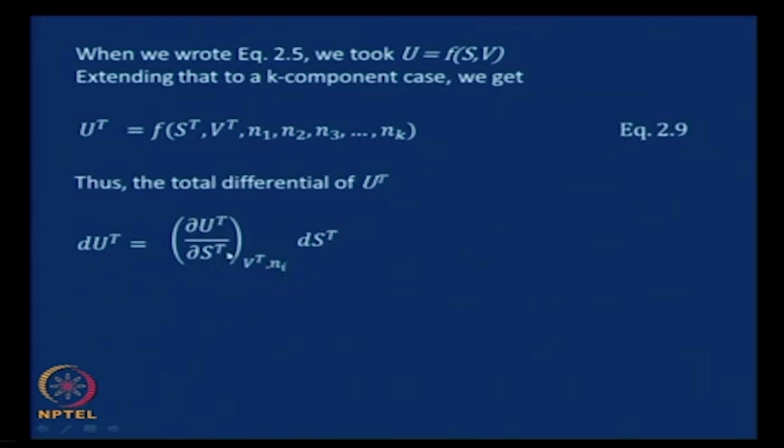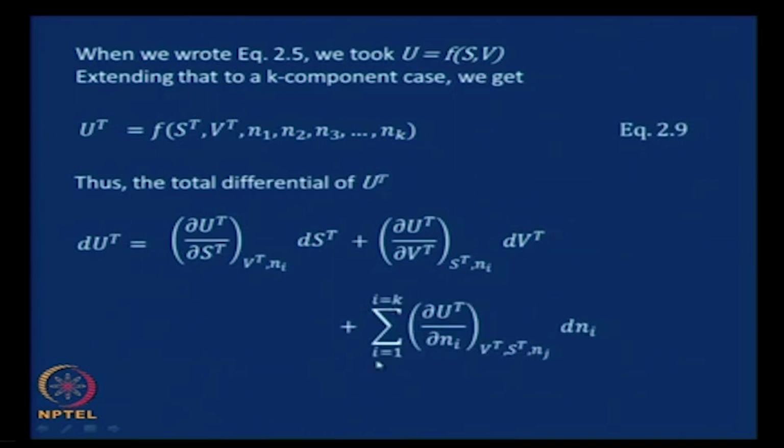So ∂Ut/∂St times dSt plus ∂Ut/∂Vt, the second variable, at constant St and all Ni times dVt, plus ∂Ut/∂N1 dN1 plus ∂Ut/∂N2 dN2, and so on and so forth, which can be indicated in short form as the sum from i equals 1 to k, because there are k components, of ∂Ut/∂Ni at constant Vt, St and Nj